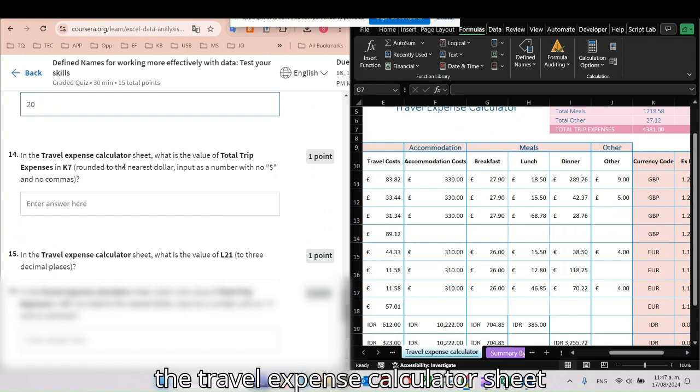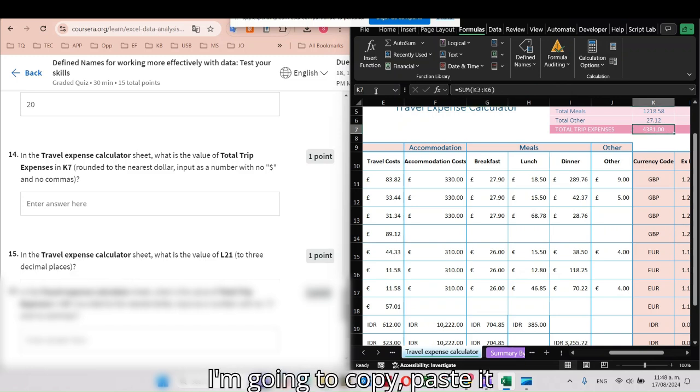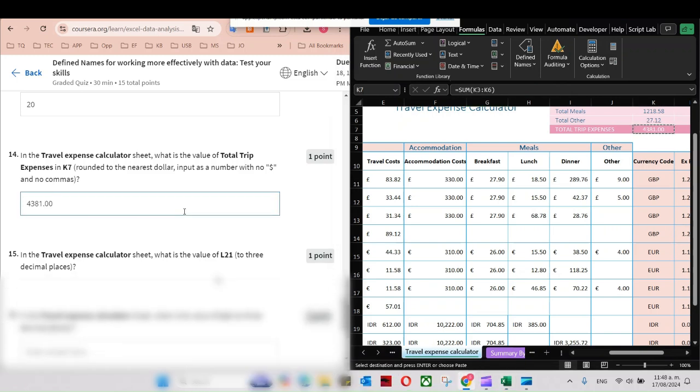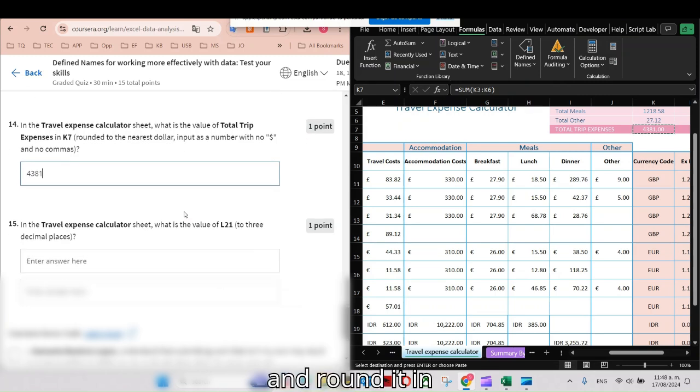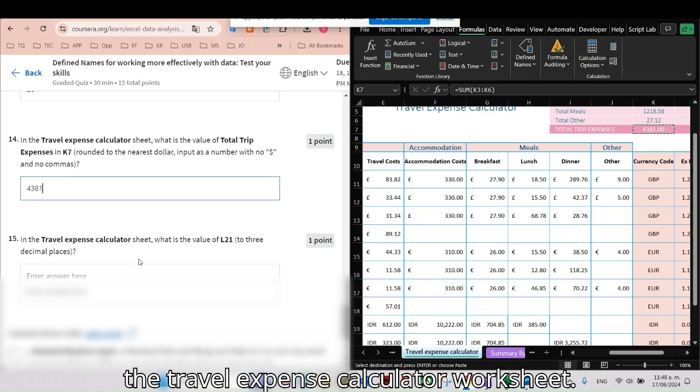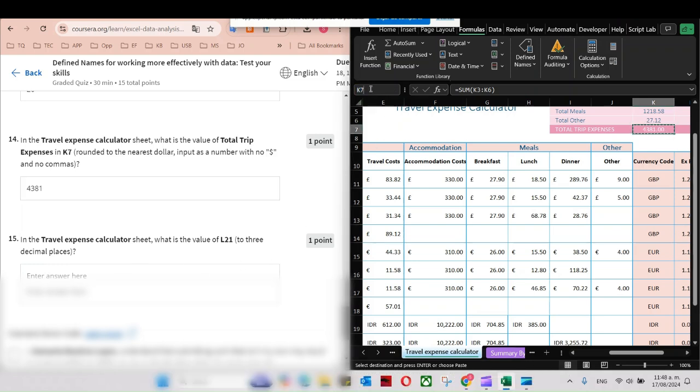And in the travel expense calculator sheet, what is the value of total trip expenses in K7? I'm going to copy paste it, and round it. In the travel expense calculator worksheet, what is the value of L21?